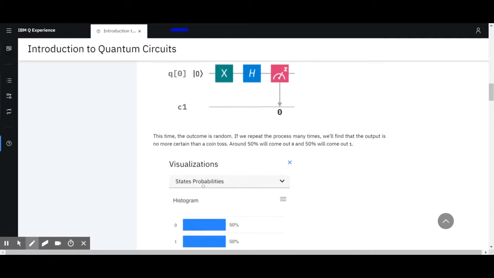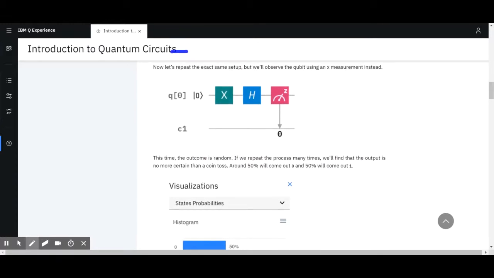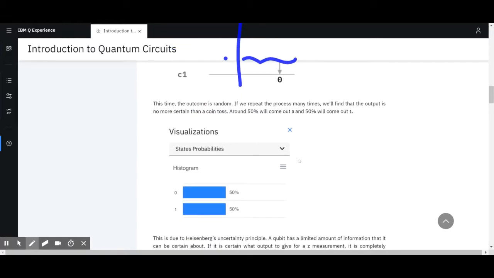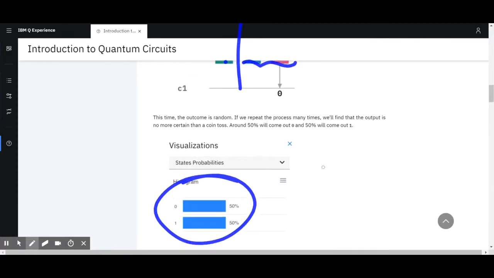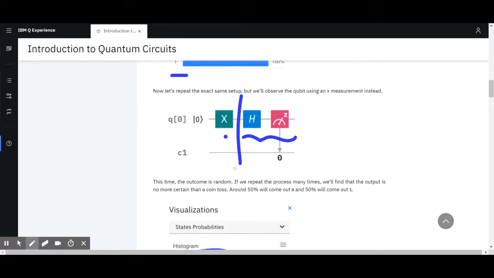Here they say, if you do the same but consider this to be your measurement operation, you're measuring it from a different perspective. When you measure it from that perspective, it's going to be 0 or 1 50% of the time. So I like to see this differently,